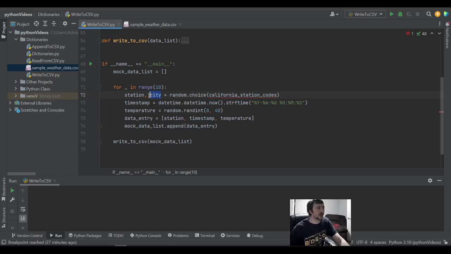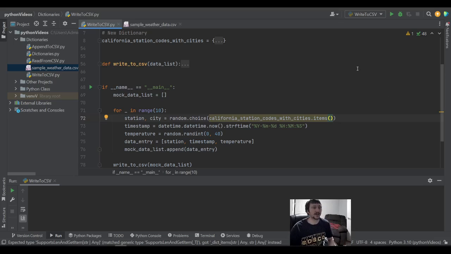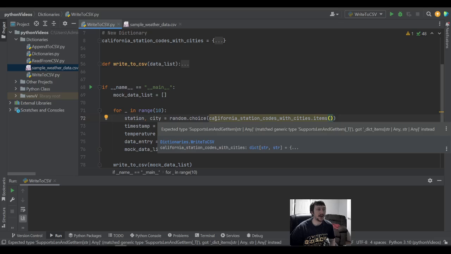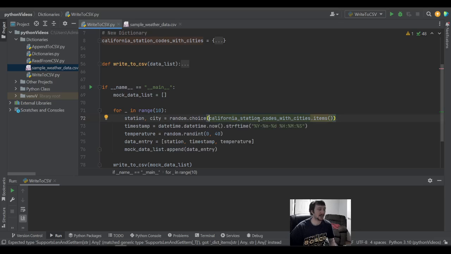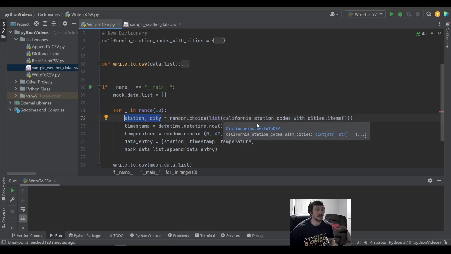So we're going to return two values here. We're going to get station code and city. We're still going to use this random choice, but now we're going to use our dictionary. And then we're going to use the items method on that dictionary. And you can see we're getting an error here because it's not yet a list that's going to return two values. But if we convert this to a list, then we get the return type that we are expecting. We're going to get both the station and the city when we run this code,